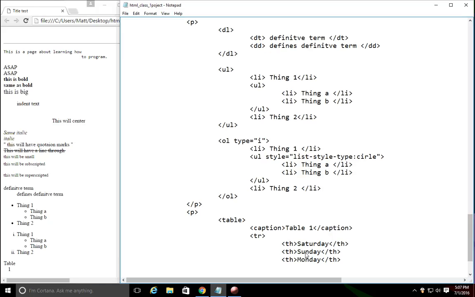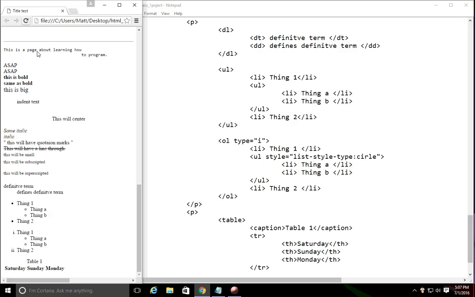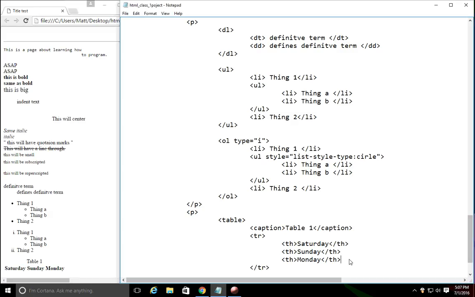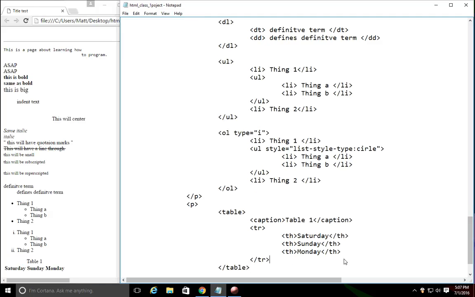Now, if I were to save right here and just show this, you will actually see Saturday, Sunday, Monday in line, and like I said, this is kind of your category of it. You don't need this. You can go straight to the one I'm about to show you, but I like using this. So what you would do is, I need to back up here, go down below your table row,